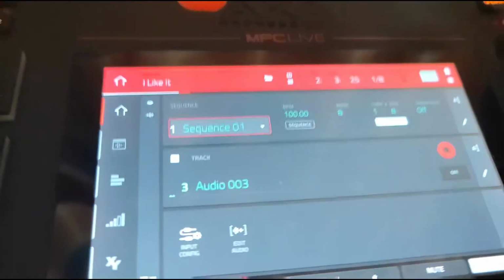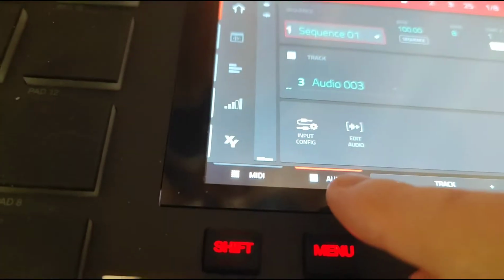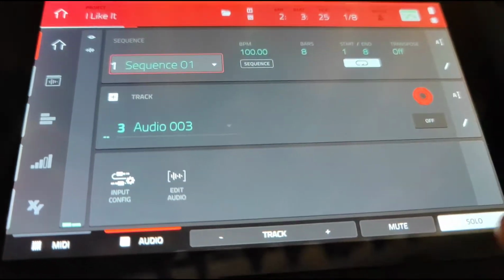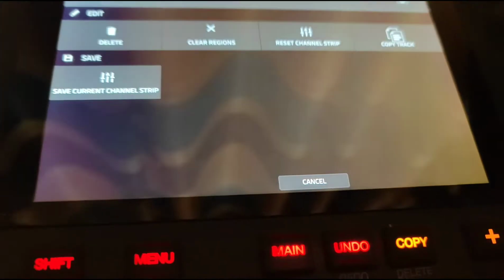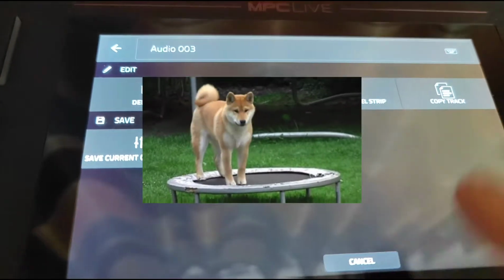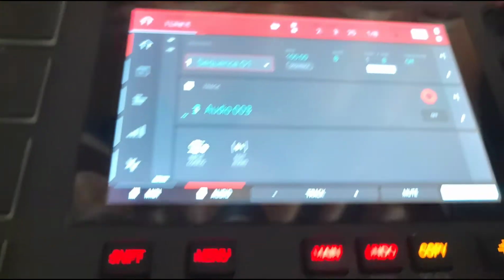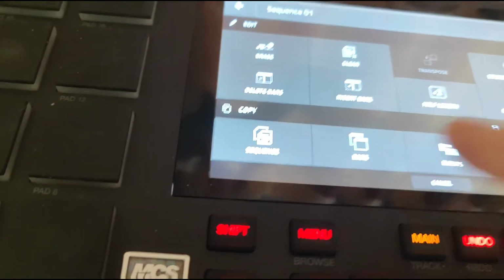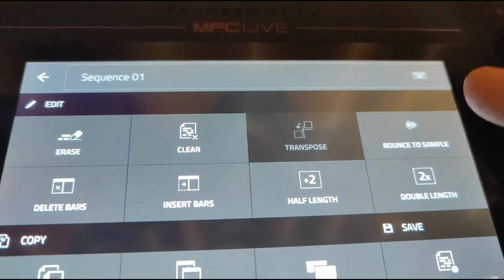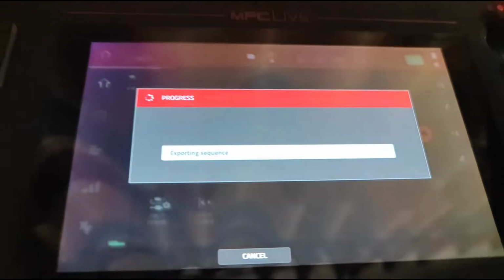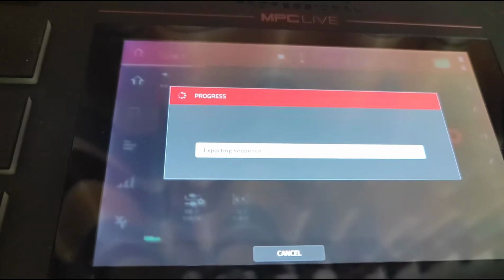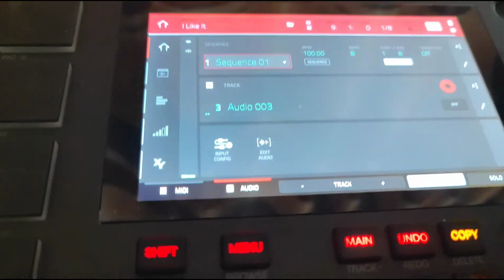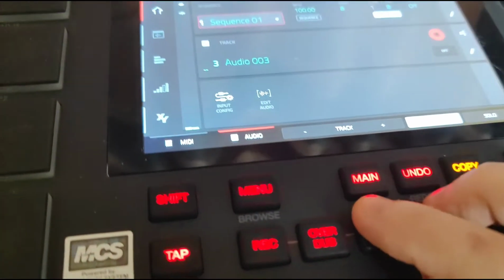To do that, you first click solo, so that you're only doing that in here. I'll show you why. Because when you edit track, there's no bounce for the track, okay? So if you hit the sequence, you can actually bounce to sample for the sequence, okay? So if I click bounce to sample right there, it's going to process it. And then if I mute this, let's mute it, okay? So now when I press play,